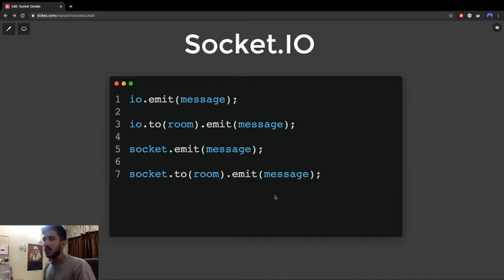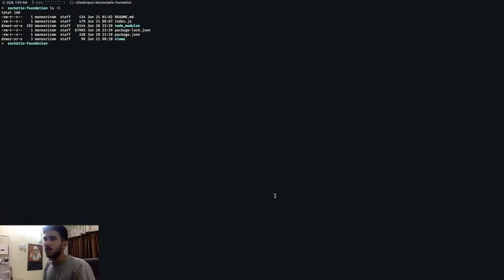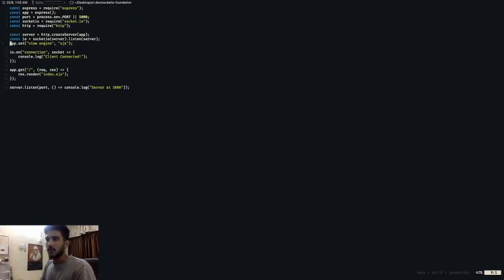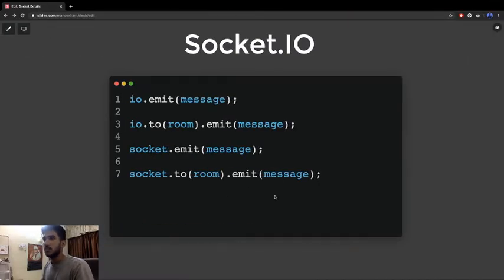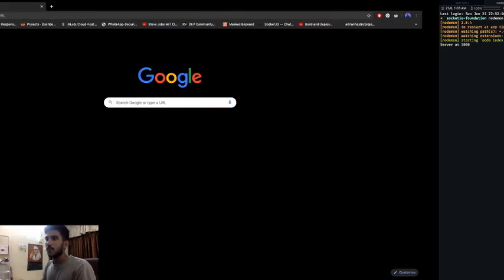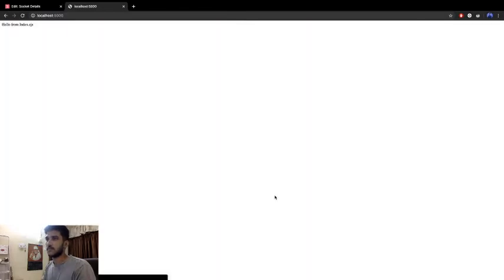So now we can start building our app and finish the remaining part. This was the structure we have seen yesterday. There is index.js, and you can see we finished the socket connections here, and we saw that the client connected when we reloaded the page. Right now, let's open nodemon here. So nodemon index.js, and let's go to localhost 5000. Here it says hello from index.js.